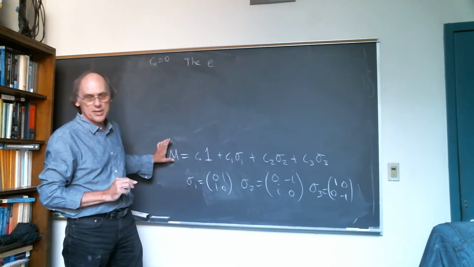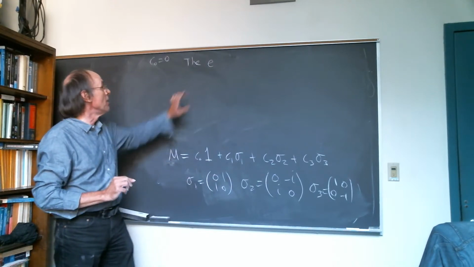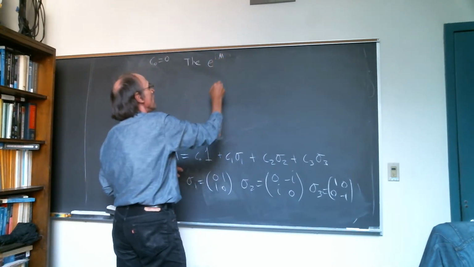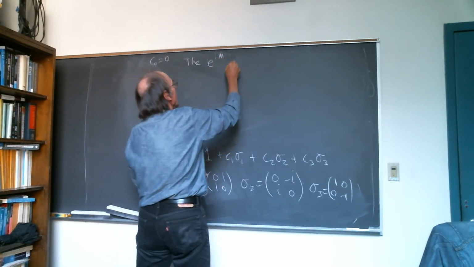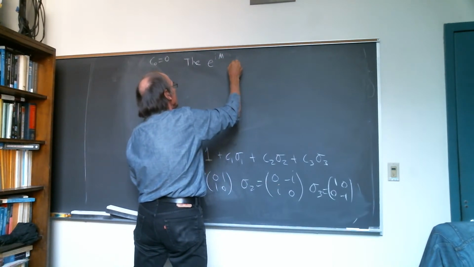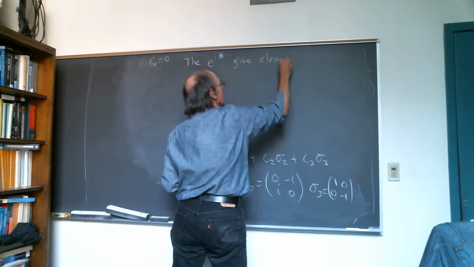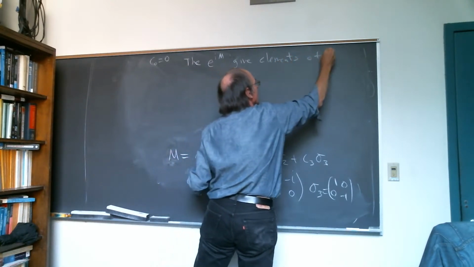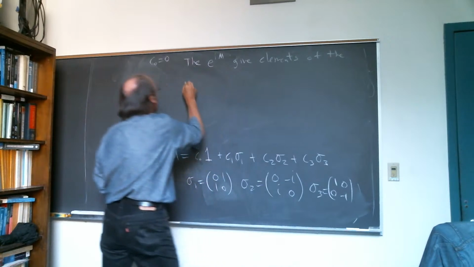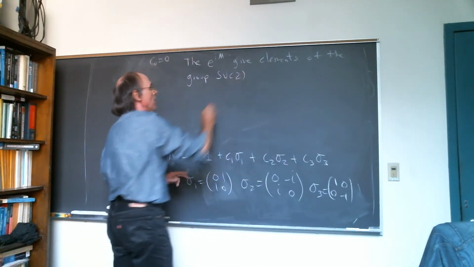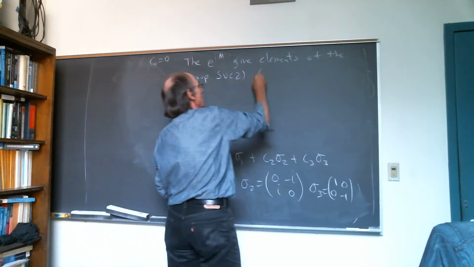Now it's going to be for another group, but the e to the iM give elements of the group SU2, and this is 2 by 2